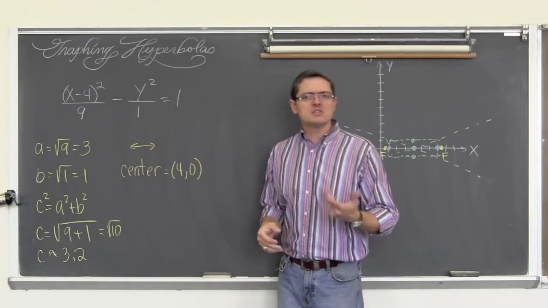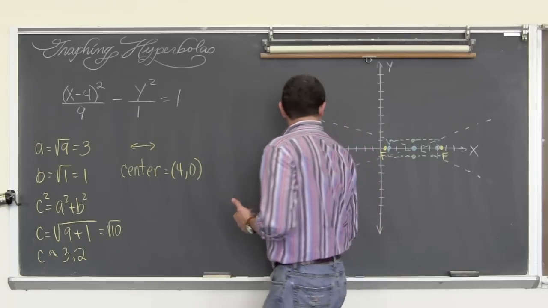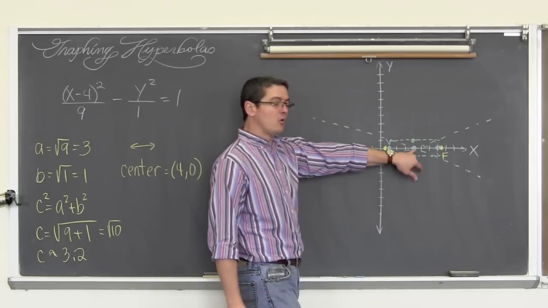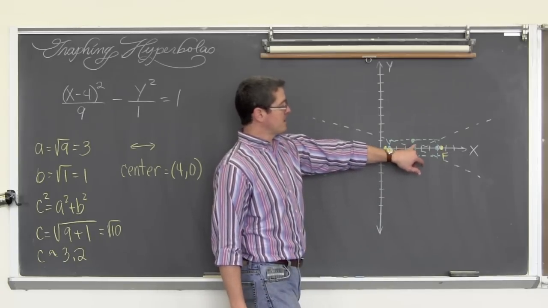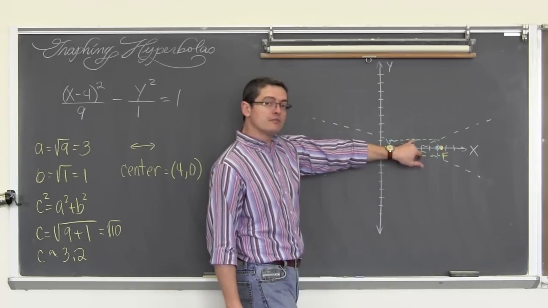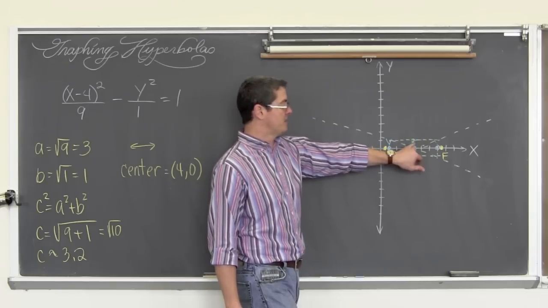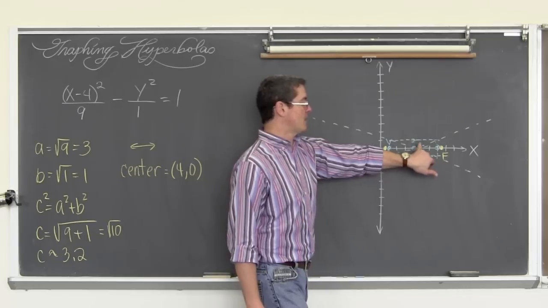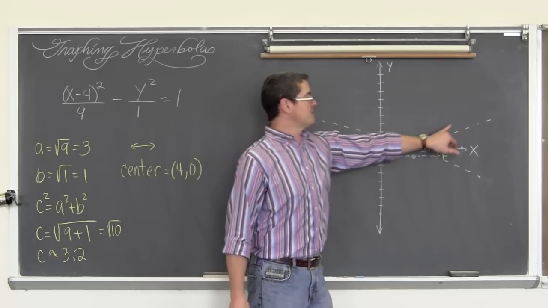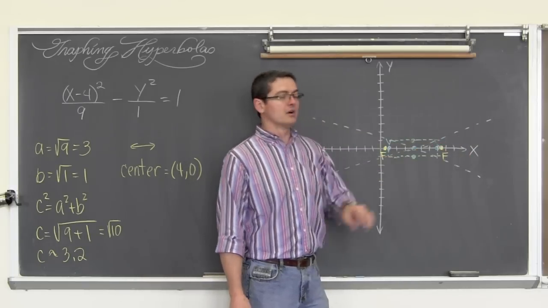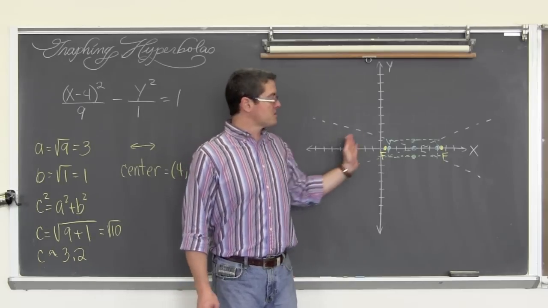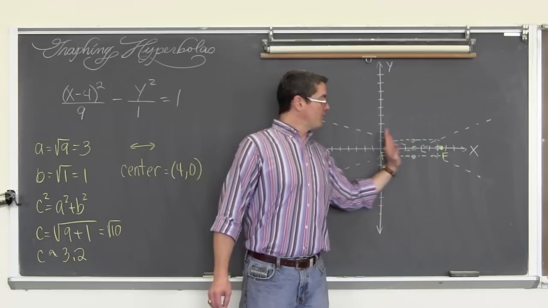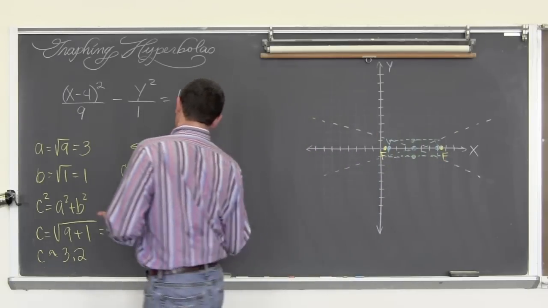Let's go ahead and find the asymptotes now that we have these. Our common point for our asymptotes, of course, is the center. That's our common point, and the slope. When I go from the center up to the box, again, I'm not going to a vertex, I'm going to just some point in space. And then I go over to the right 3 units, which is going to take me in the direction of the vertices. So my slope for these asymptotes is plus or minus 1/3, or again, for horizontal hyperbolas, your slopes are going to be plus or minus b over a. So it's going to be, again, plus or minus 1/3.